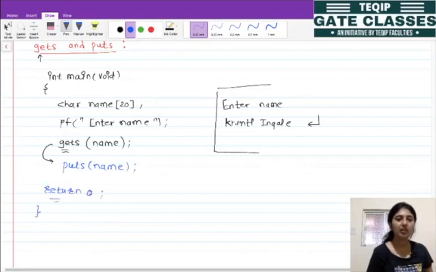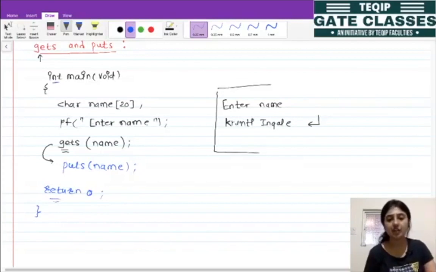Because the return type of the main function is int. So this gets function will scan characters, or multiple words, until the enter key is pressed by the user, and the puts function is used to print the string on the screen, right? So this is all about gets and puts.